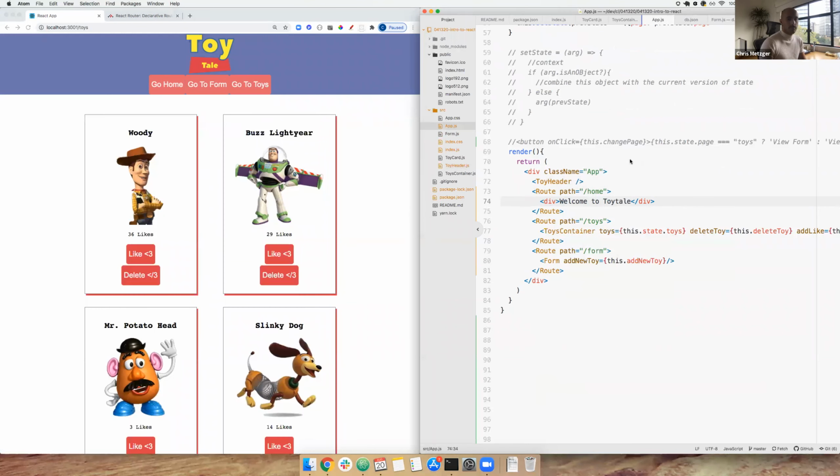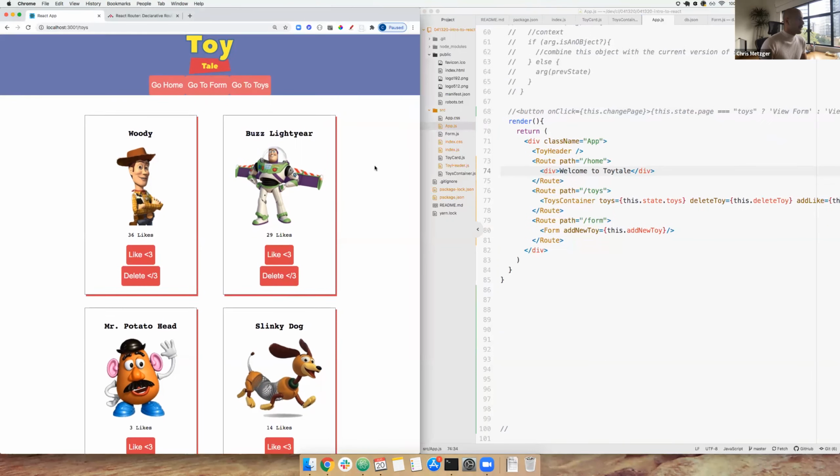Okay. Super simple, right? Any questions so far? All right, so let's make this more complicated. It's too easy to be true, right? So